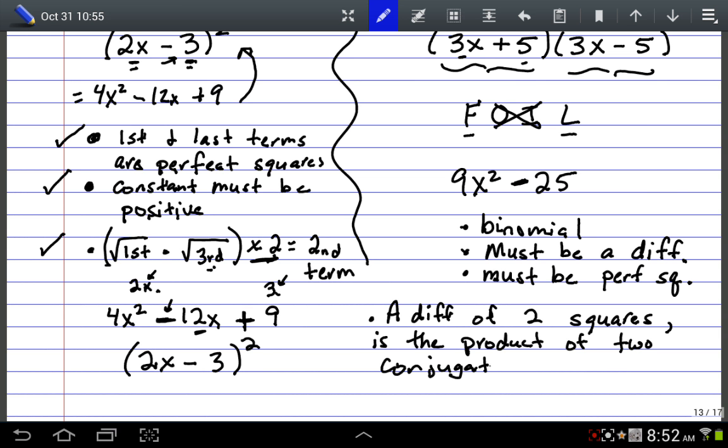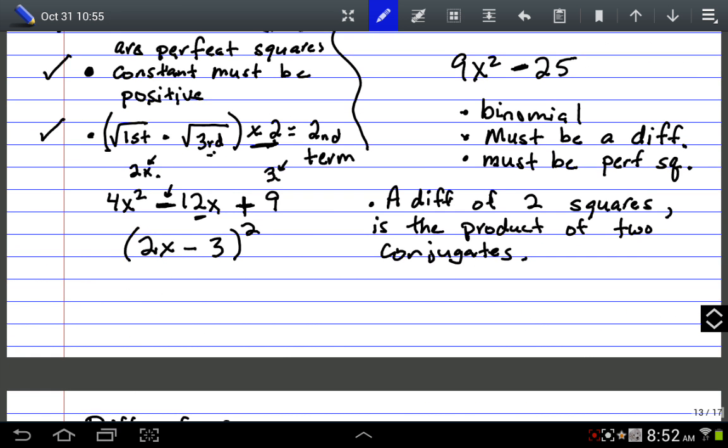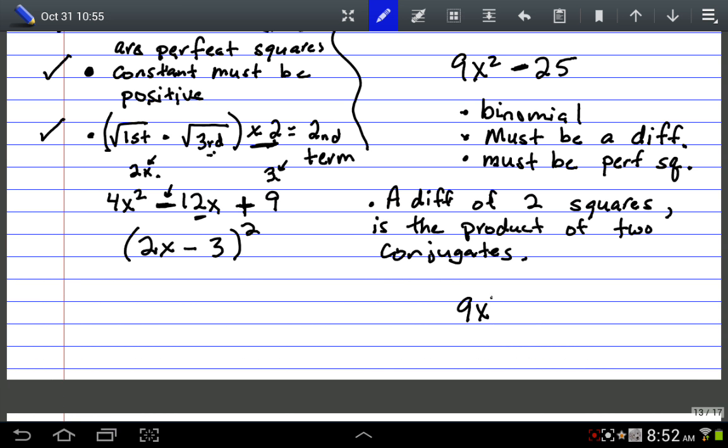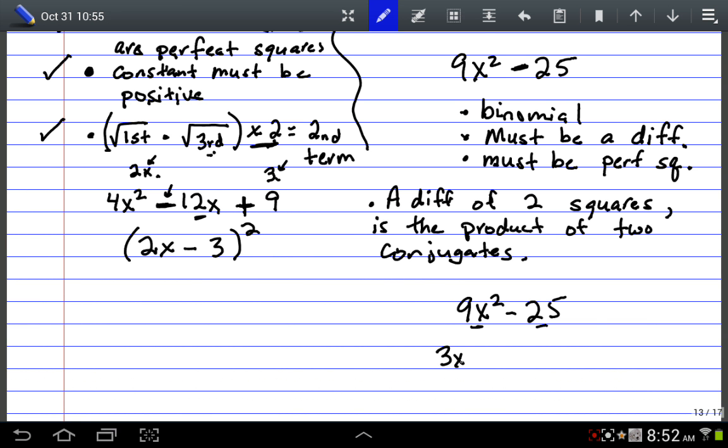I'm pretty sure I don't spell conjugates correctly, but I think that's actually right, but I suck at spelling. Now, it is the product of 2 conjugates. The way that we get those 2 conjugates is actually really simple. If you look at it, you can probably tell. It's just the square root of this number and the square root of this number. So that would be 3x and 5. So we'll have 3x and 5